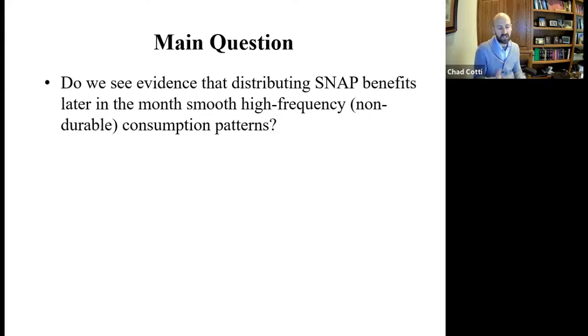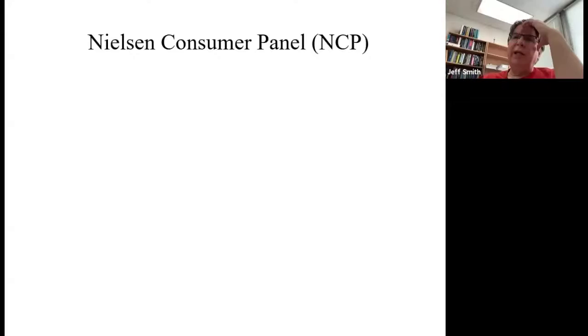This is a tough question to address because you need data that measures high frequency, non-durable consumption, not just SNAP consumption. SNAP consumption is really hard to find, but that, broad consumption at the household level. And then you'd also have to know specifics about the household food stamp receipts. We can't quite get all that together, but we can get some of it together. So I want to see if we can at least find some evidence consistent with it and get your thoughts. So, Chad?